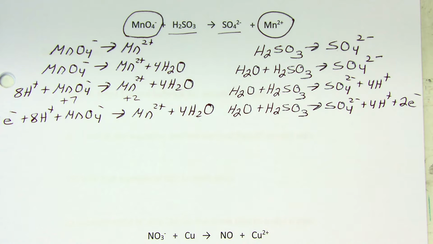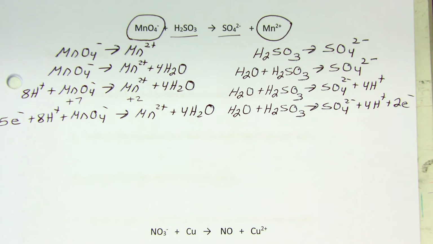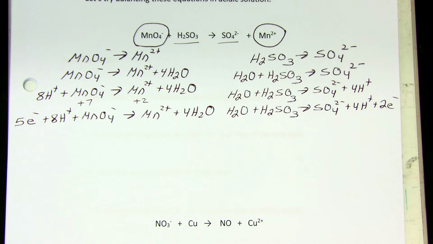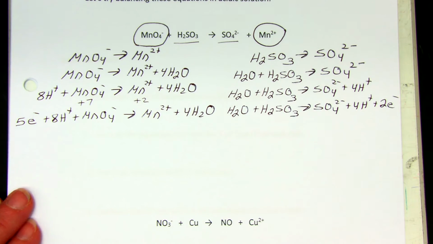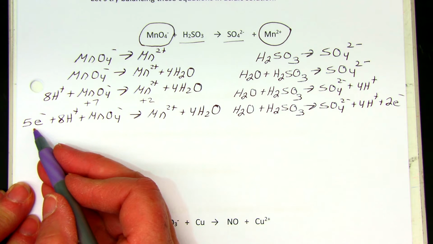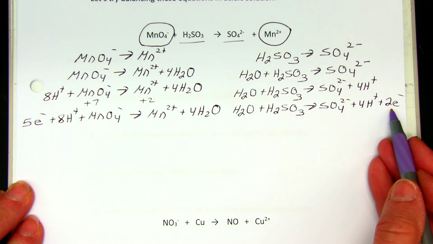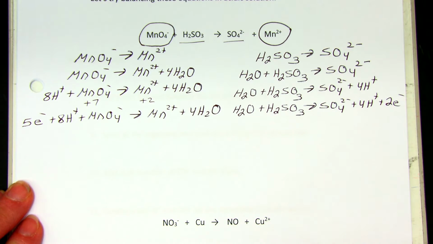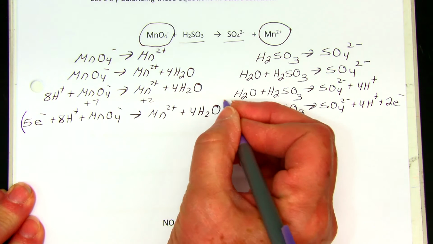Now, the next step is to make the charge the same on both sides. So to do that, I look at the number of electrons on each half reaction. We're making the number of electrons the same. I have 5 electrons here and 2 electrons here. So I'm making like the least common denominator. So to do this, I will multiply